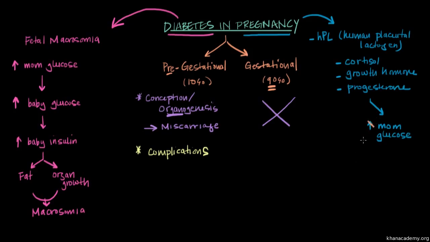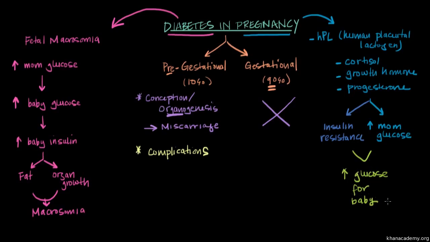Well, unfortunately, it doesn't really work that way because these same hormones make the mom's body resistant to insulin, so that the cells don't respond to insulin and don't take up as much glucose from the blood. And this is done for a purpose. It's actually done so that you can reduce mom's utilization of the glucose, so that more of the glucose is available for the fetus. And that's why you can end up with high blood glucose levels and diabetes in pregnancy. Or if you had diabetes before you became pregnant, it can become worse during pregnancy.